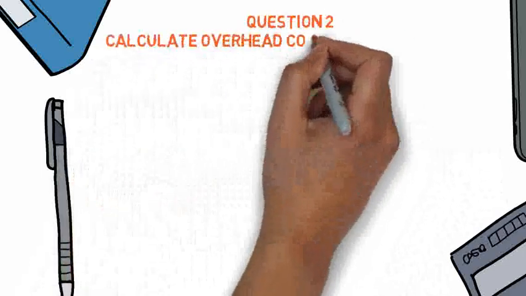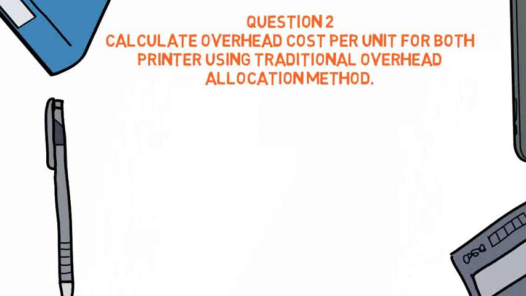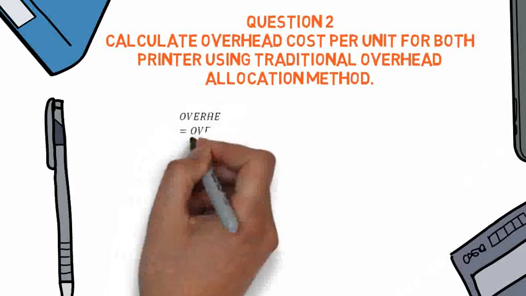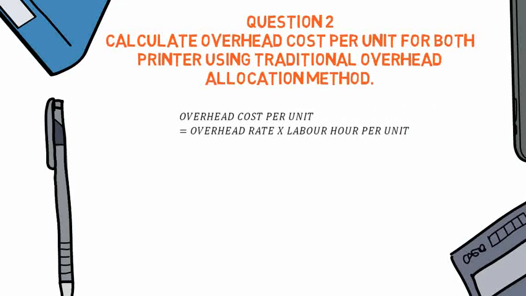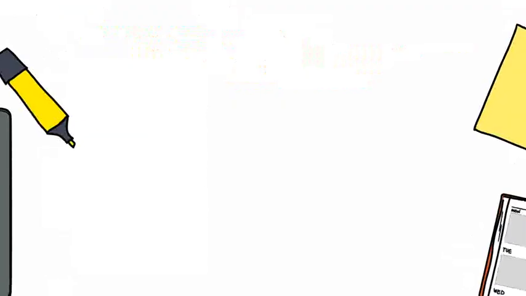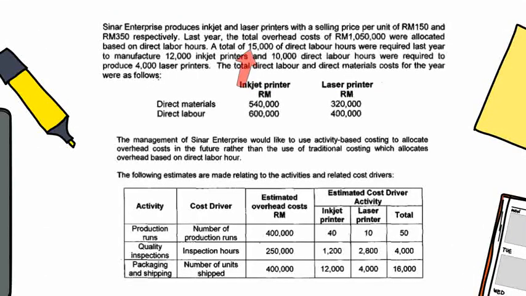Second question, calculate the overhead cost per unit for both printers using the traditional overhead allocation method. The formula for overhead cost per unit is overhead rate times labor hours per unit. We already calculated the overhead rate in question 1, which is RM42, and we need to find labor hours per unit for both printers. As highlighted in red, total hours to manufacture inkjet and laser printers are 15,000 and 10,000 hours respectively. As highlighted in blue, total inkjet and laser printer units manufactured by the company are 12,000 and